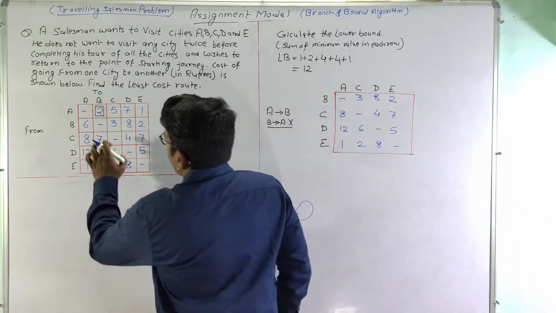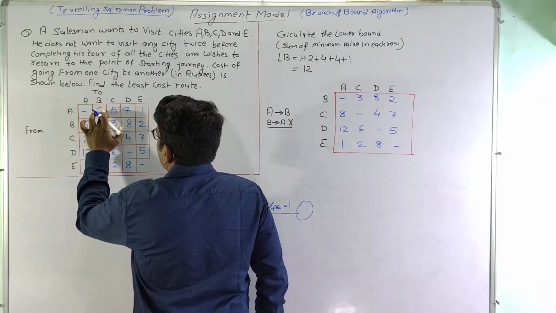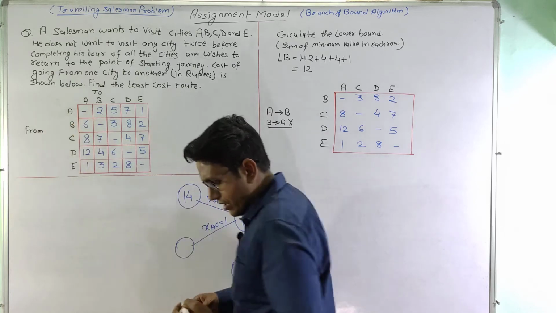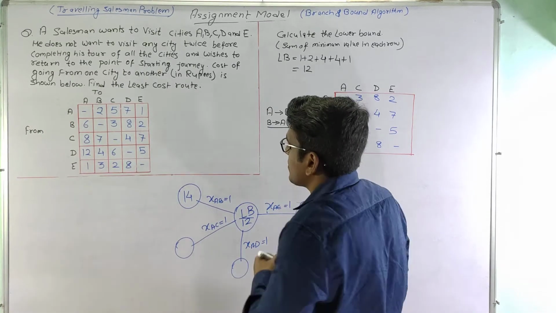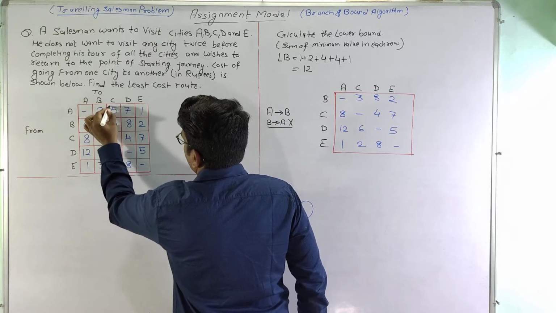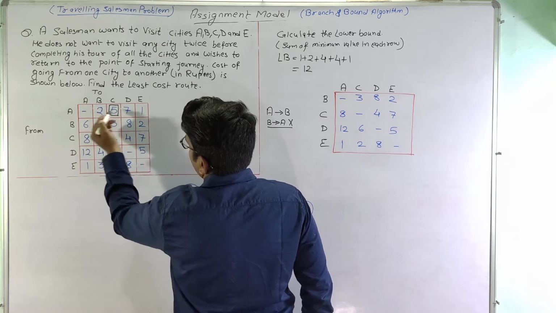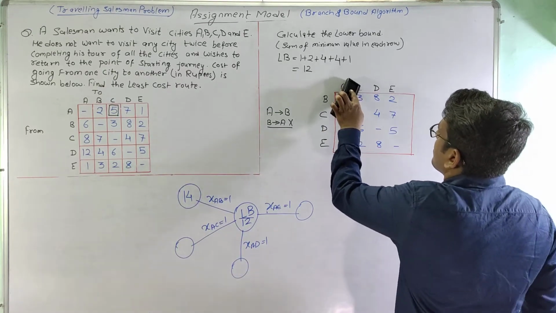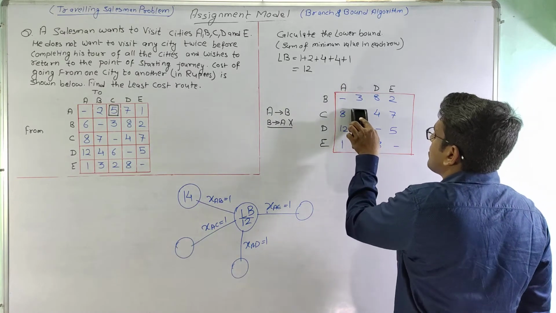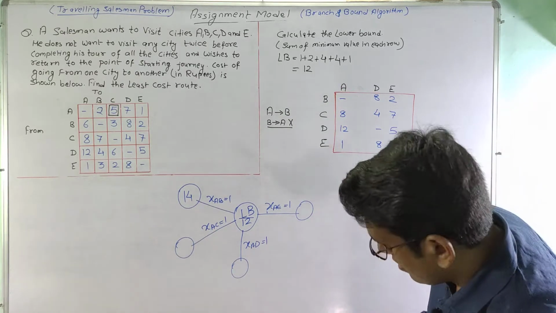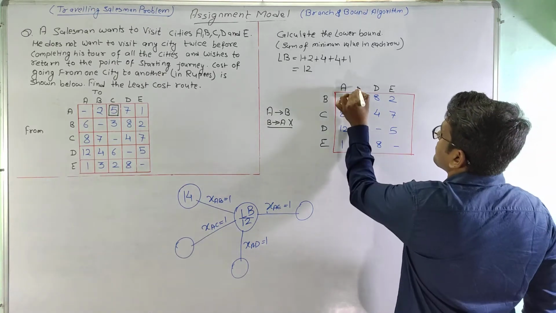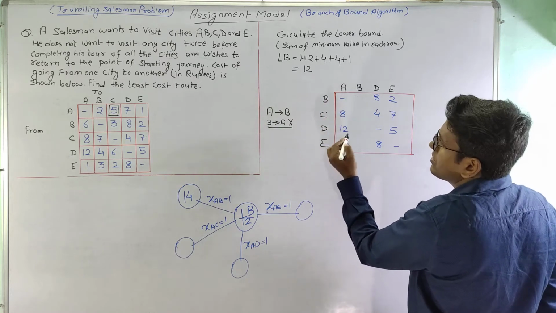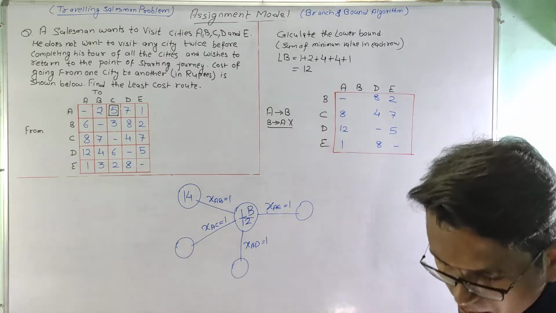Let us see if we assign AC. Okay, so let us see if we assign A, C. If we assign this particular cell, we can see that no more assignment can be done in A and C, and our values will change accordingly. So this will be B, A, B, D, E, and B, C, D, E. Okay, and the values here will be